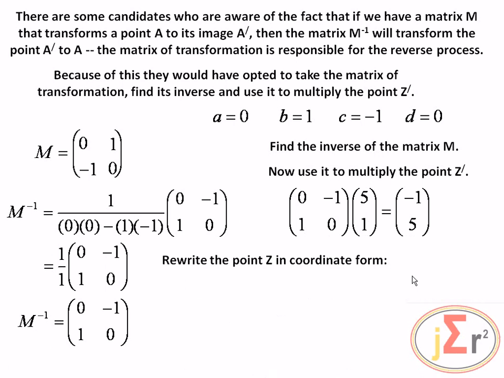Rewrite the point Z in coordinate form. Do not forget that when we are asked for a point or for coordinates, we do not just solve the problem, but we write the answer in the required form. So Z is negative 1, 5. And that we have done by finding the inverse of the matrix of transformation and using it to multiply the image. And that results in the original point,